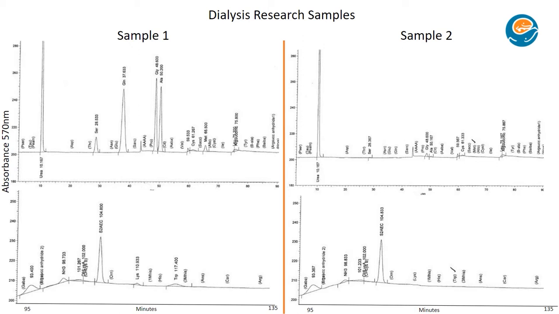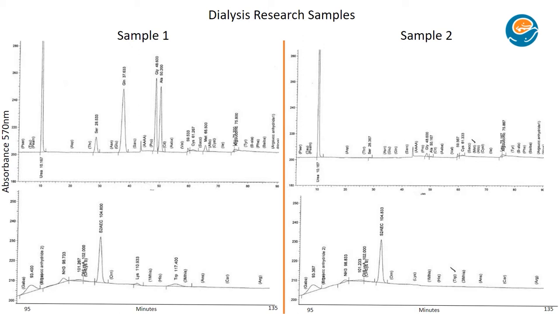So this is basically my last slide, but I wanted to show you sample one, which was the starting point that Dr. Shao created. It was this artificial mix with a handful of amino acids that are known to readily be removed through current dialysis technology. And sample two, pictured here, is the back end of his system, so the dialysate. So after his device was run for a while, what you can see is that the peaks pictured,